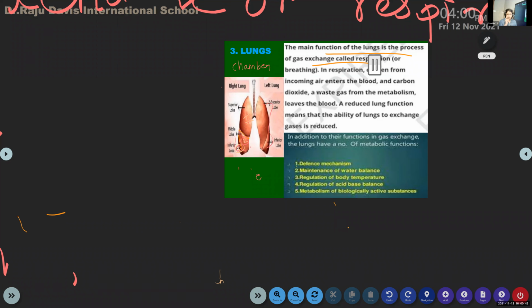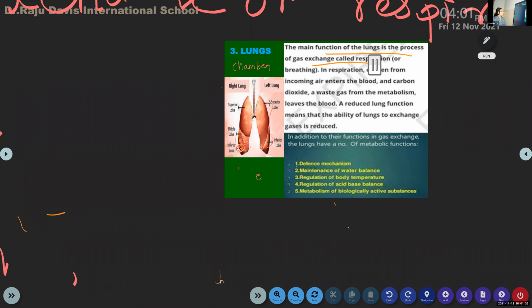To blank the board. So, there are 3 types of waste matter which are created in our body after digestion. The first one is solid matter, that is what we call feces. We call it number 2. Second one is the liquid matter, that is the excess of water we throw out through urination. And the third one is the gas waste matter, that is carbon dioxide. So when do we release the carbon dioxide? When you breathe out. So who does that work? Lungs. So lungs will receive the oxygen, purify the blood, and while oxygen is getting inside, carbon dioxide moves out. Okay, so that is about the lungs function.